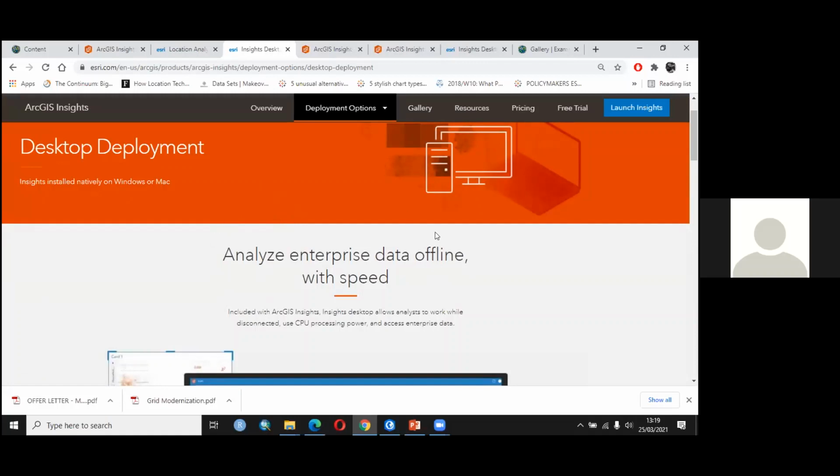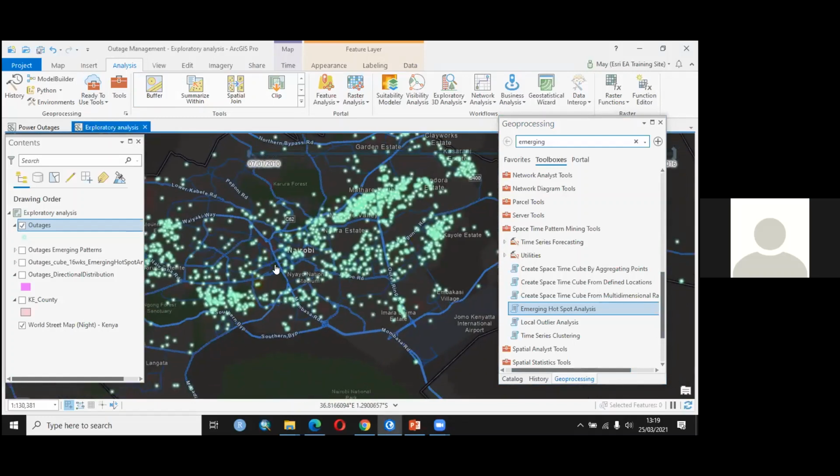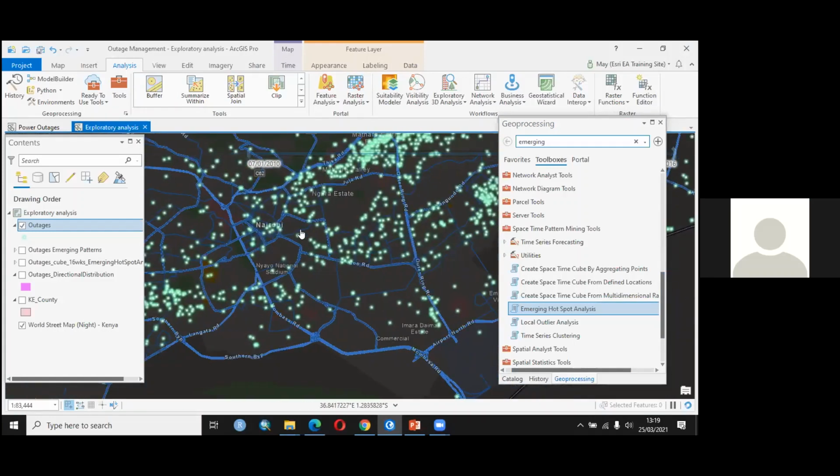So I'll shift us right into the analytics. I'll start with Pro and then we'll shift to Insights. For Pro, there's a tool I thought it would be interesting to showcase, since it's a utilities extension or utility toolbox that would really change the game for utilities and how we look at our data and our information models. So this is data from Evelyn's demo on the geoform. I added a couple of dummy datasets to try and mimic information that's coming in from our customers on outage reporting. So this is ArcGIS Pro, and I've just loaded a few of these points, some of the dummy points from that particular